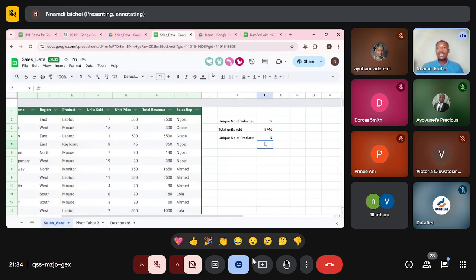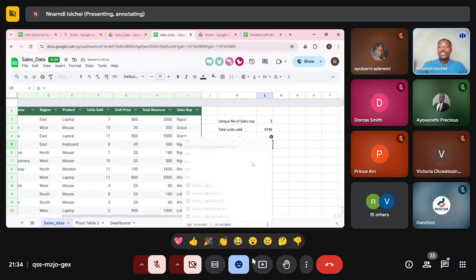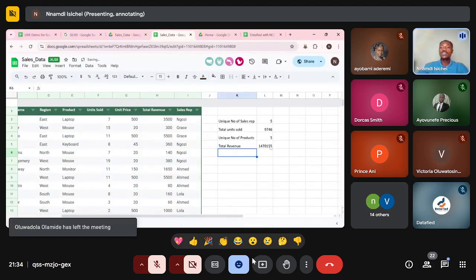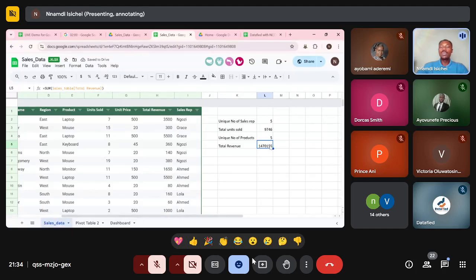Okay. So the last column I want to check is the total sales, the total revenue generated. So total revenue is equal to, I'm going to do a sum of all the total revenue we have here and hit Enter to get that sum. So these are the formulas we have used: the sum of total revenue, the unique products sold, total units sold, and total sales rep we have on our data